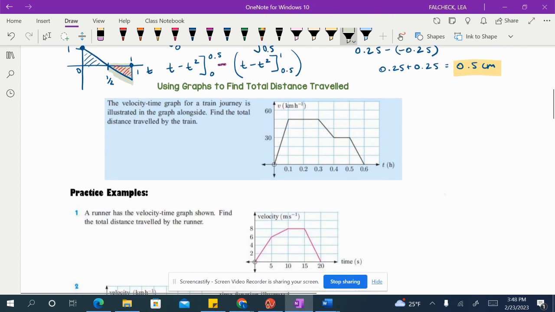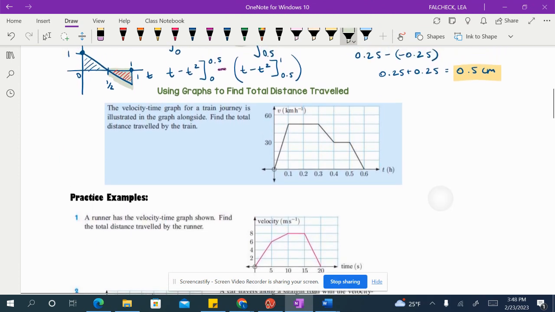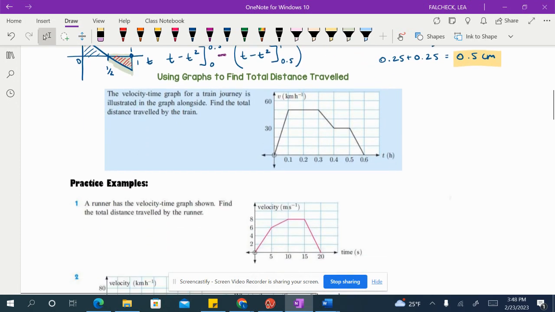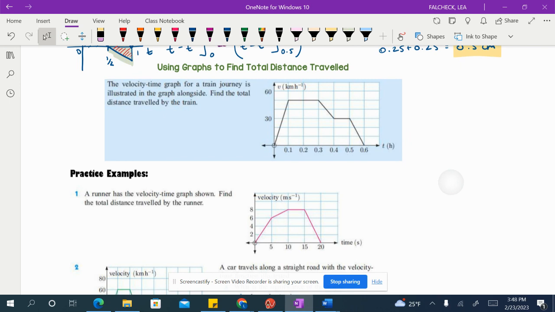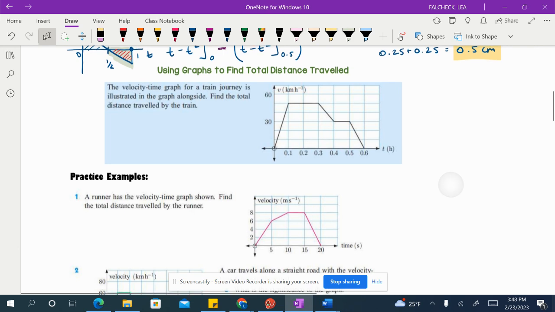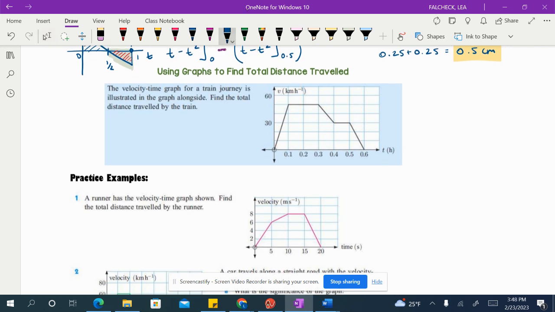All right. Now we are using graphs to find total distance traveled. So instead of being given just the function and we have to just figure it out, sometimes they'll give you a picture. So the velocity time graph for a train journey is illustrated in the graph alongside. We have to find the total distance traveled by the train. So we need to find the area under this curve in order to find, this is just kilometers per hour, the total distance traveled. So we know that area is going to be equal to